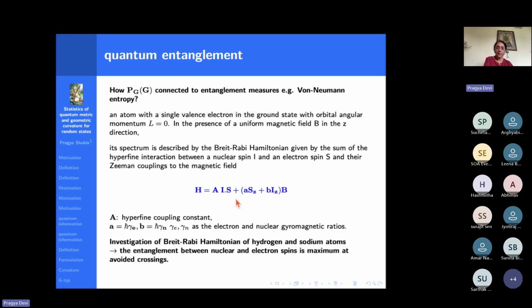there is even in quantum entanglement, if you look at this Hamiltonian, which is the Rabi Hamiltonian. What is this Hamiltonian? An atom with a single valence electron in the ground state with orbital angular momentum L equal to 0, in the presence of a magnetic field B in the Z direction. So this is a magnetic field and this picks up the Z component of the spin Sz as well as the nuclear spin, and you are considering the coupling between the nuclear spin and the spin. Okay. Now, so the question is, if you consider the entanglement between these two spin degrees of freedom, somebody